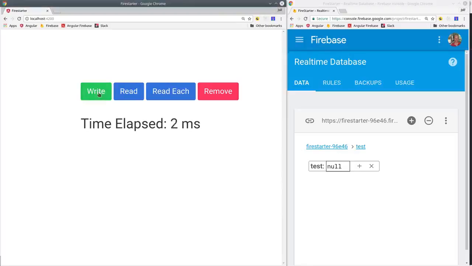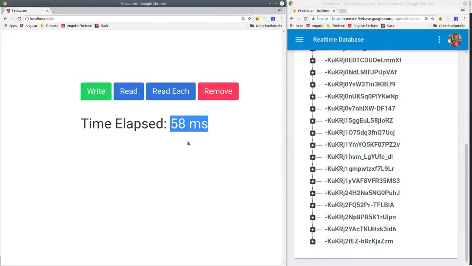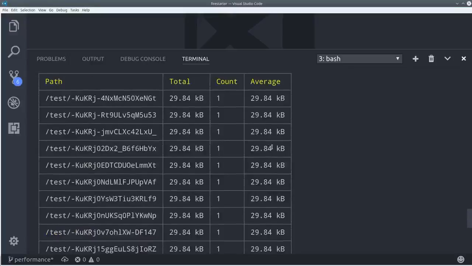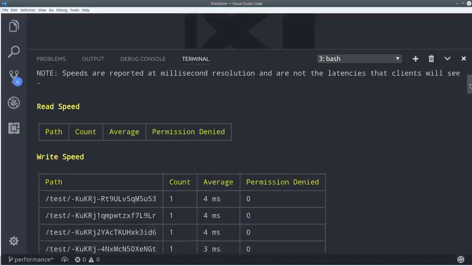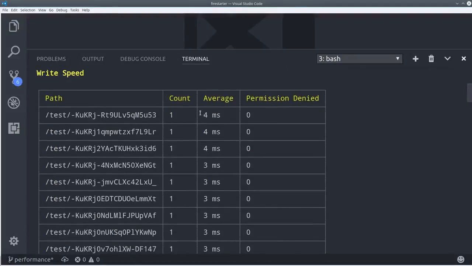Database profiling is critical for finding bottlenecks or other issues that might be degrading the user experience. In this episode, we're going to look at the built-in Firebase Profiler tool, which will give us a breakdown of the memory and speed performance of our database. This tutorial is done in the context of an Angular application, but it can just as easily be applied to